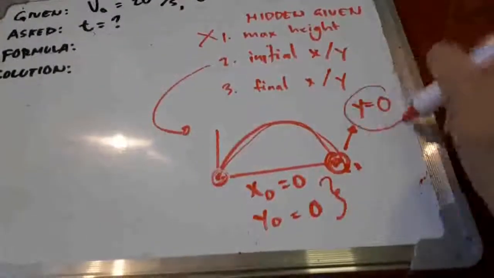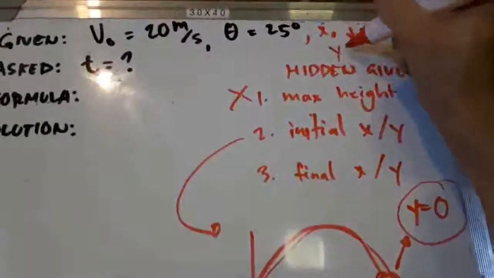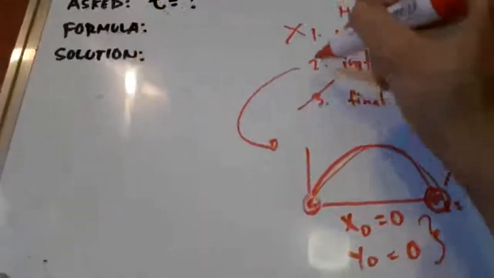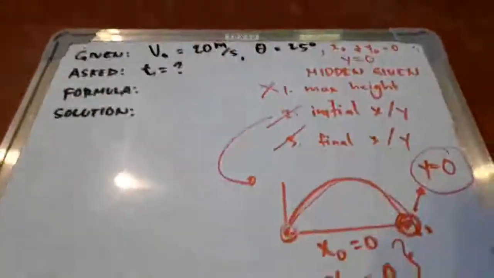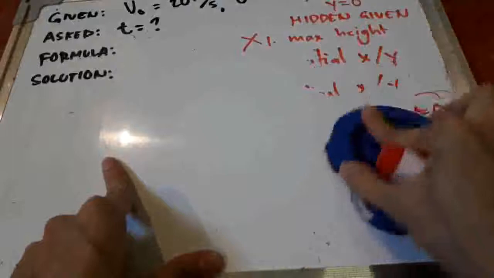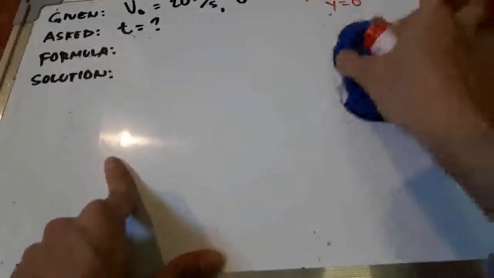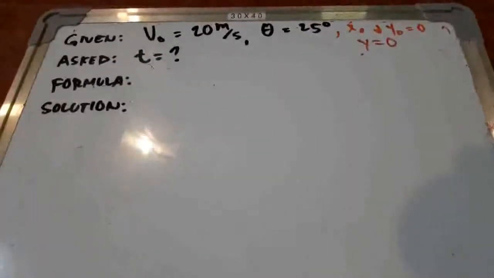So this is our second hidden given that is applicable to this problem. So let's write y is equal to 0. And now we've got our hidden given in order. So we have 2 extra values that are both 0. We'll see in a bit that this makes our formula much easier to deal with, even though the formula itself looks intimidating. Alright, so again, if we have our given and are asked for, the formula that we need,